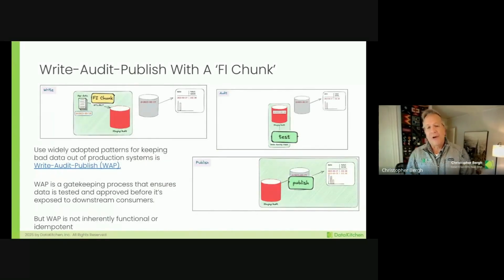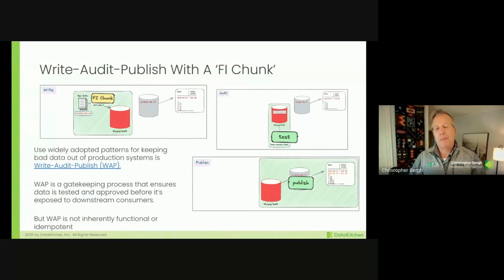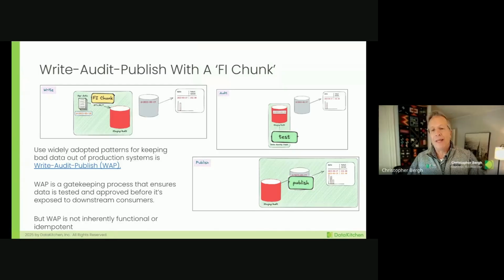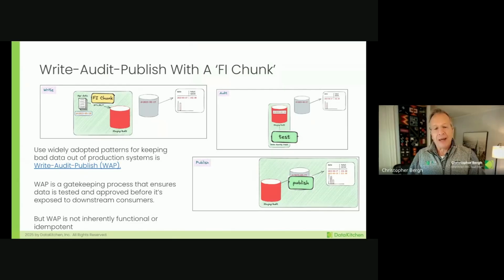A pattern of doing tested updates that's gaining popularity is called the write, audit, publish pattern. It's exactly as I said. You write some data somewhere else, to a staging table or an audit table, you test it, then you publish it. It's a great pattern for cases where I'm overlaying data. I've got an existing database and I'm adding a couple of hundred rows of new data, like updating my Salesforce stuff. That process can do that. But if you think about it, it's not necessarily